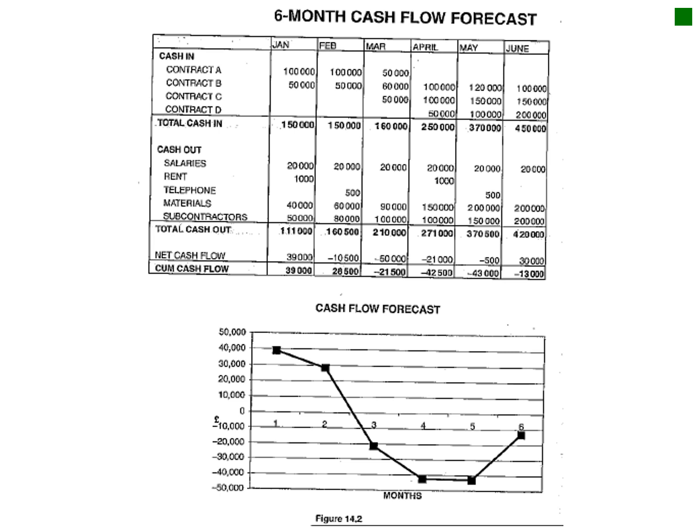We've got this example of contracts A, B, C, and D. In January we've got an inflow of 100,000 and then 50,000. February the same, March the same. We've got 50,000, 60,000, and 50,000. In April we've got 100,000, and so forth. Okay, so this is just broken up into that, and then this is now that same townhouse development but for